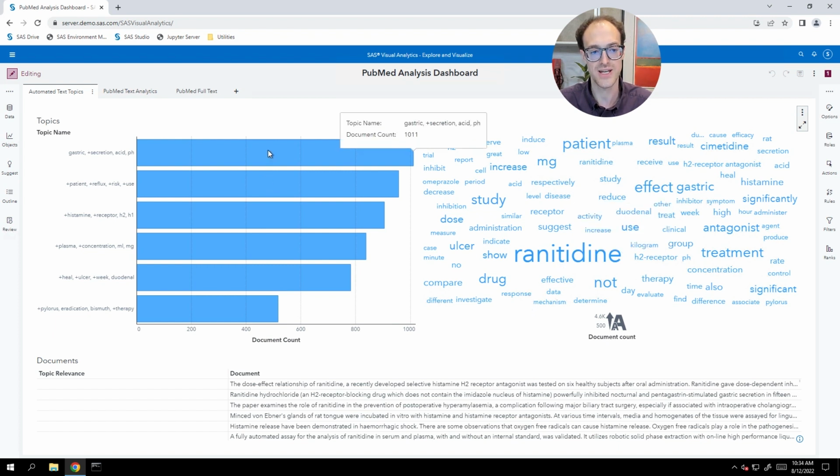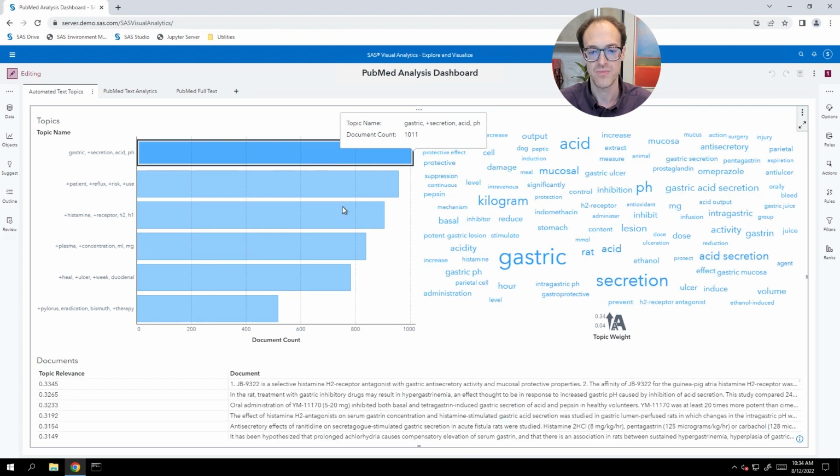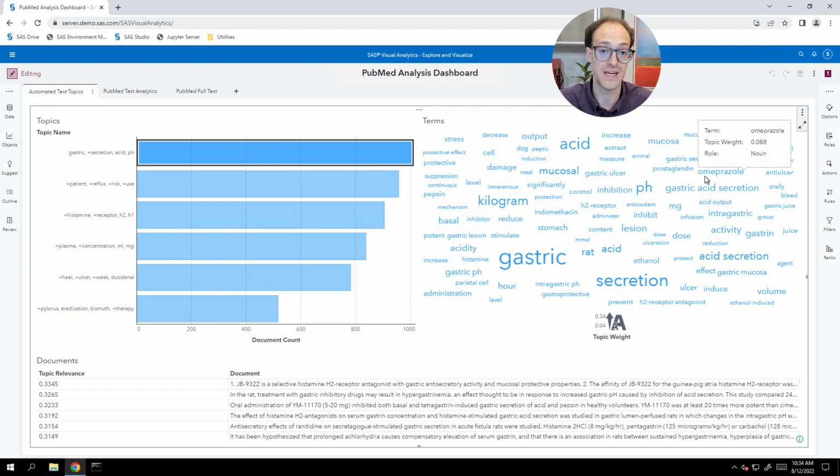And if we click on this topic name here in Visual Analytics, it'll highlight key terms over here on the right related to this topic. So of course, the keywords gastric, secretion, acid, pH show up, as well as other terms like H2 receptor or omeprazole, which are both words related to drugs that are useful for gastric secretion reduction, basically.